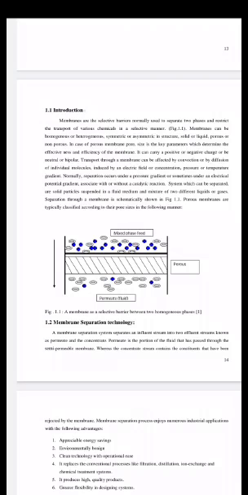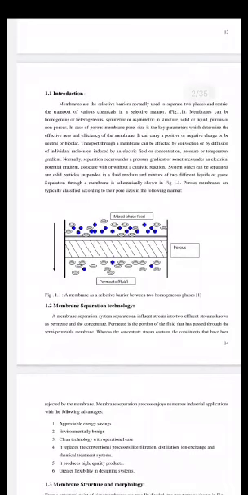So basically, what is a membrane? I told you the membrane is a material or a medium through which the separation takes place by using pores. As per the diagram shown, this is the mixture, a mixed phase feed introduced to the system, where we get permeate fluid through the porous membrane. So it is a very simple process.